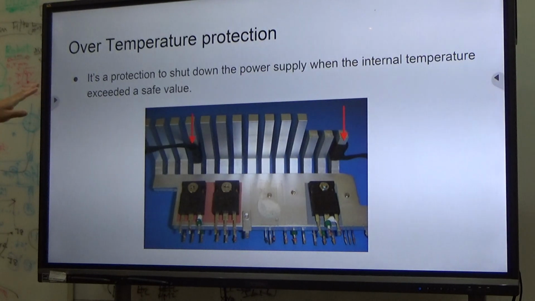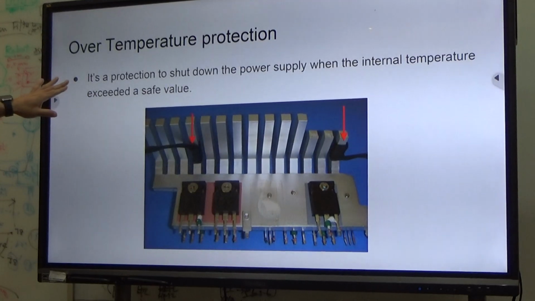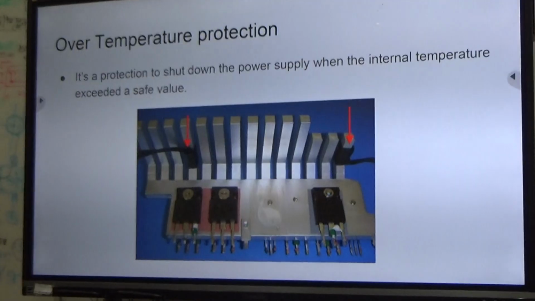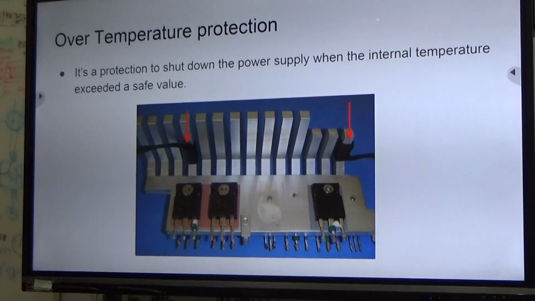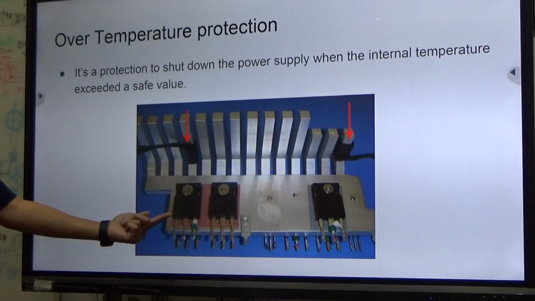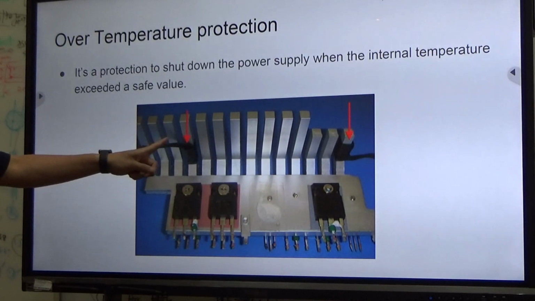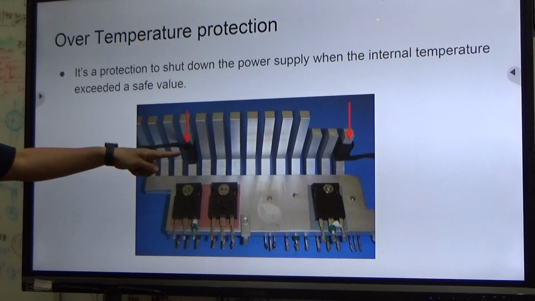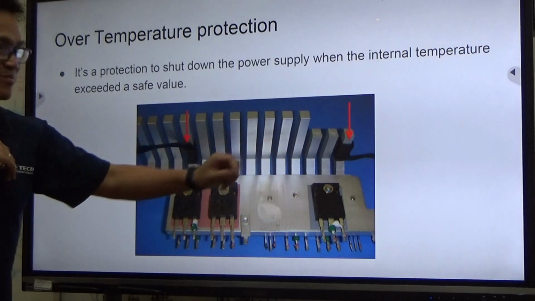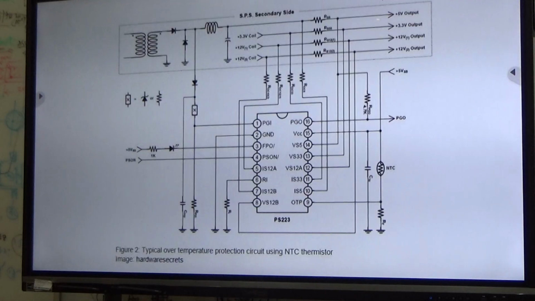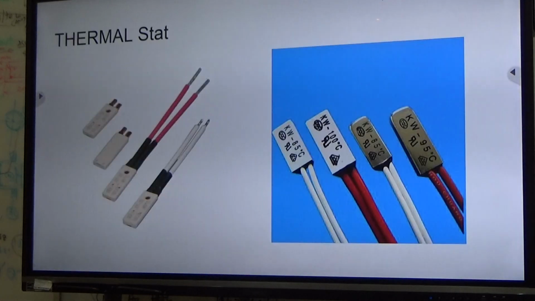As you can see, I just listed a key point here. It's a protection to shut down the power supply when the internal temperature exceeds a set value. This is the heat source from the key components, and this is a heat sink. So we put a sensor here, but the sensor is another kind of component. I will explain these components later. But